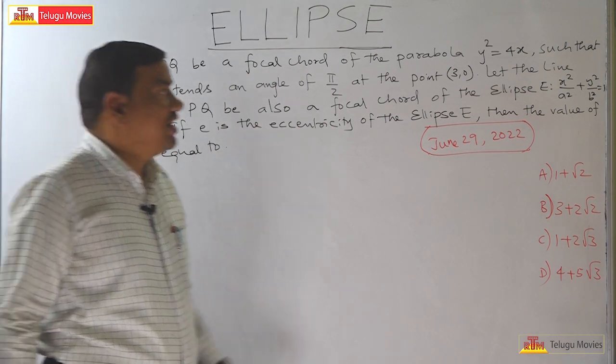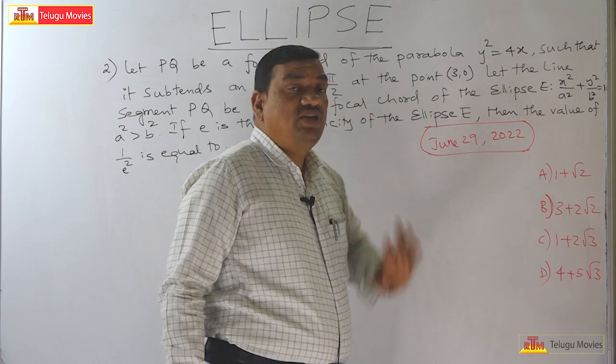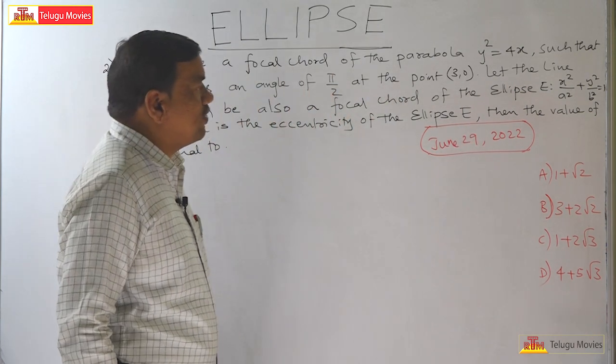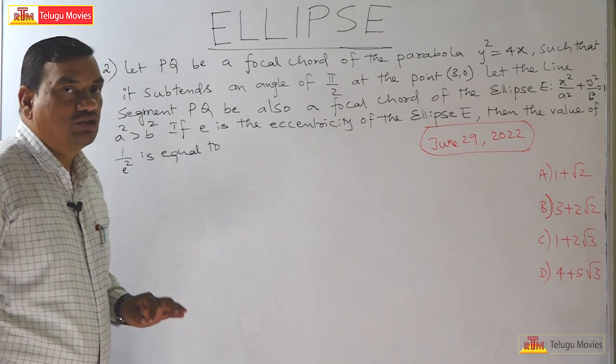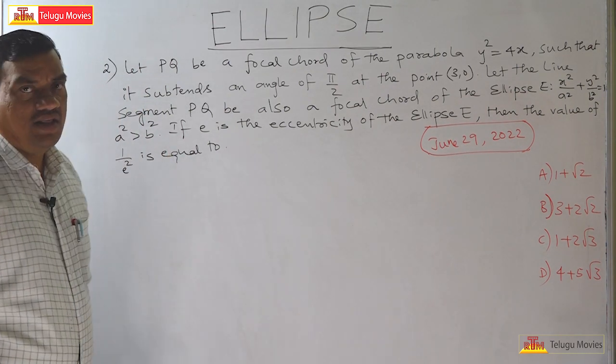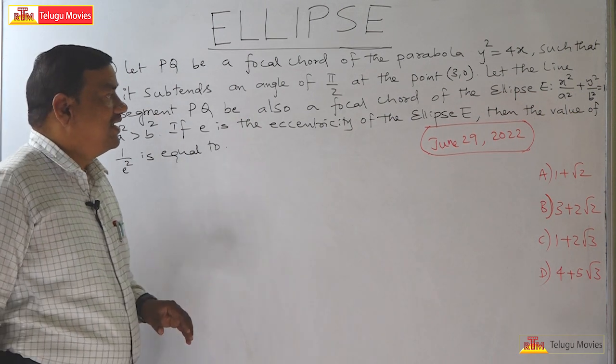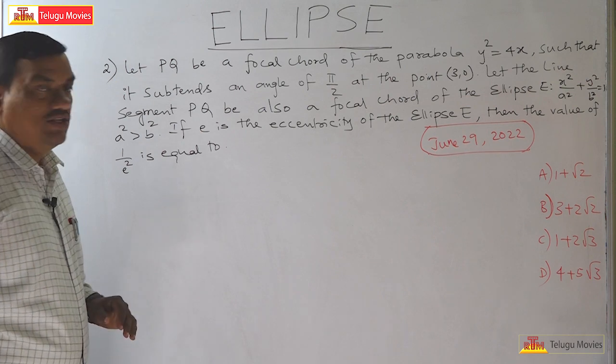The parabola equation is very clear, y square is equal to 4x. But the ellipse equation is not given, that is x square by a square plus y square by b square is equal to 1, with unknown values, right? Where a square is greater than b square. If E is the eccentricity of the ellipse, then the value of 1 by E square is equal to,